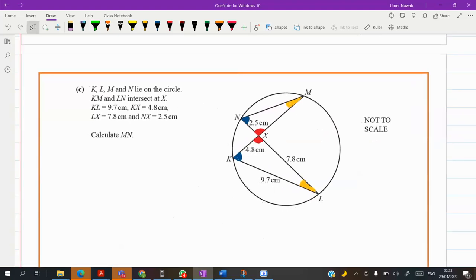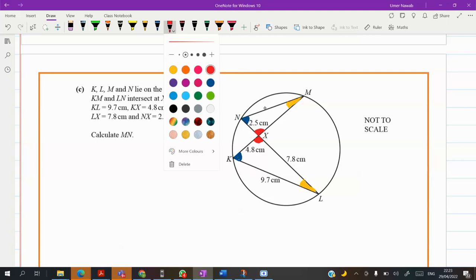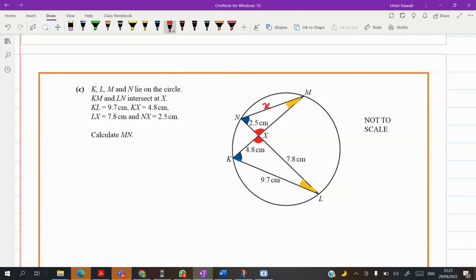Now, if the triangles are similar, in front of the red angles, let me check which side I want to find. I want to find MN. So MN is x, and the opposite to the red angle is 9.7. So x versus 9.7, and in front of the golden angles, 2.5 and x. Which one is 2.5? And x, 2.5. Yeah,